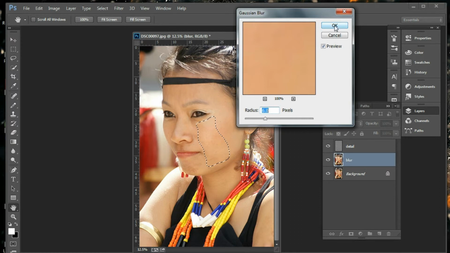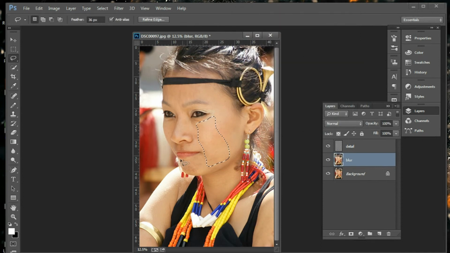If you've got a heavily marked or heavily creased area, if there's creases in the skin or blemishes, you can increase that radius just to blur it out a little bit more, and it just makes for a nice softer effect. Come underneath the chin. As you can see with the chin,